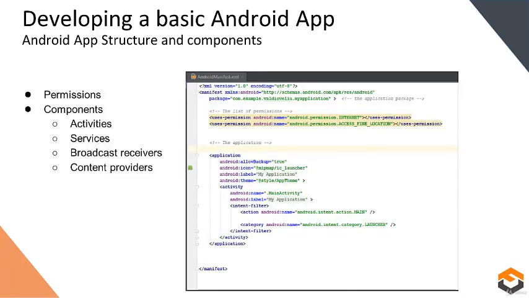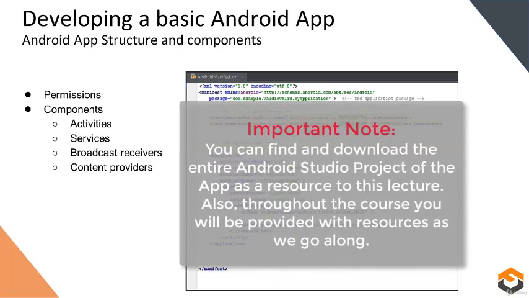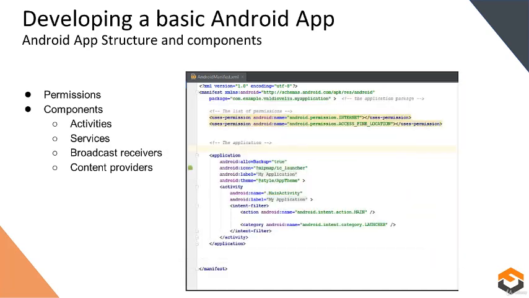The idea here is to create an app that uses all of the Android components. Android apps have four main components: activities, services, broadcast receivers, and content providers. An Android activity is one screen of the Android app's user interface. In that way, an Android activity is very similar to windows in a desktop application. A service in Android is a background process. Services are typically used for processes that are ongoing or that take a significant period of time. A service doesn't have a user interface, so they are often combined with other components such as activities.